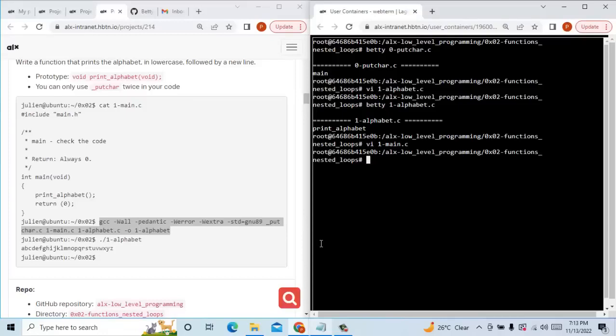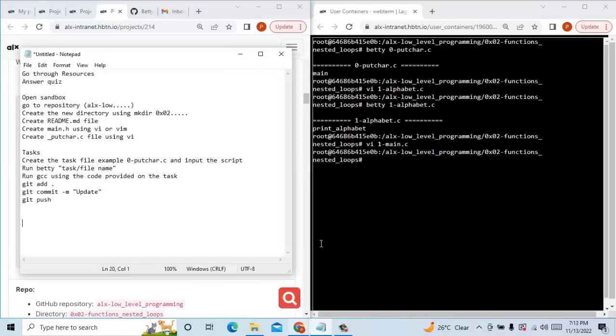The moment you do that, the next step to do is you do your git add, git commit and then git push. So for these particular ones that have the main, where you find this cat main.c, this is the instruction you need to do for tasks